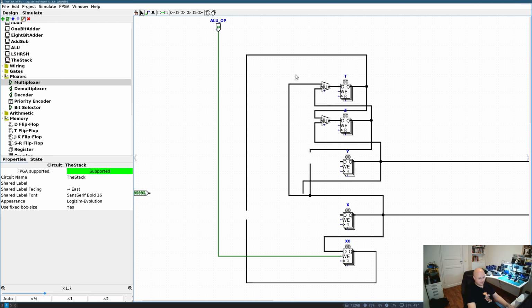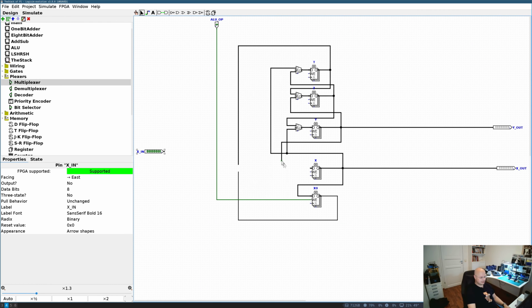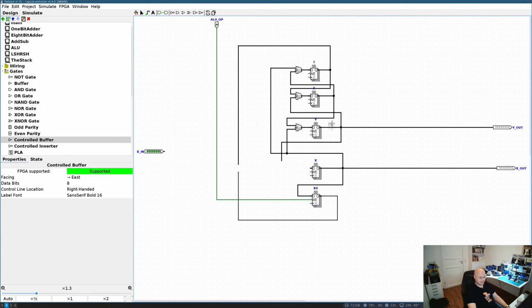For the X, it will be a little bit more complicated because I have several sources. X can be fed from Y, X0 or T, or external sources. I would like it to work like a bus. So it will be pulled up and all the devices on this bus will have open drain connectors. And there will be several devices like ALU, fetch and decode, RAM module, register files, and so forth. So I will use exactly the same approach to connect my other registers like T or Y or X0